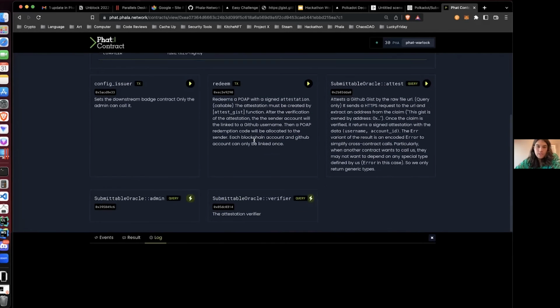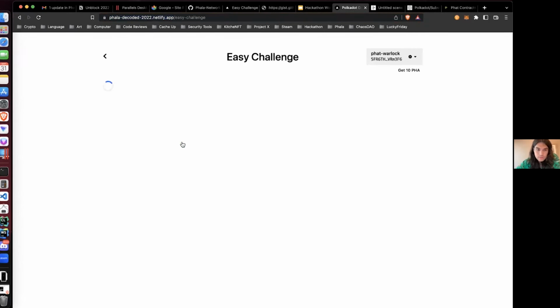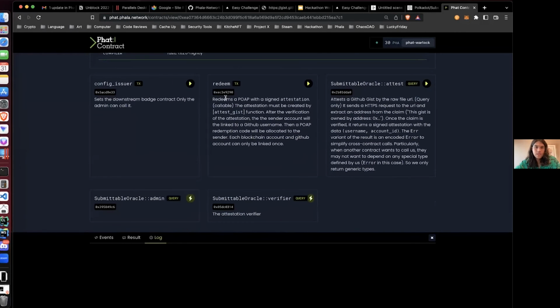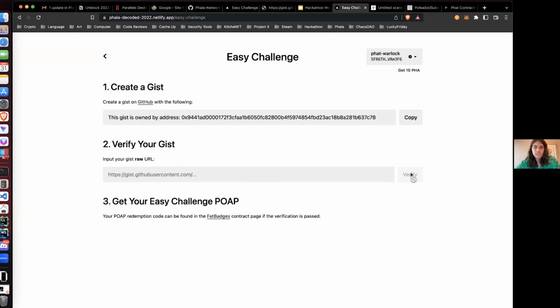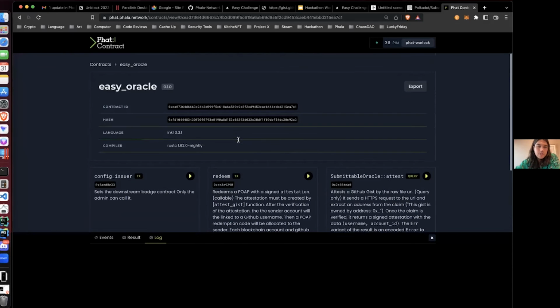So let's see. Just to map everything to the front end that we had in the easy challenge, you can see like here during this redeem process, this is similar to the verify function here. And whenever you want to configure the downstream badge contract, only admin can call it,